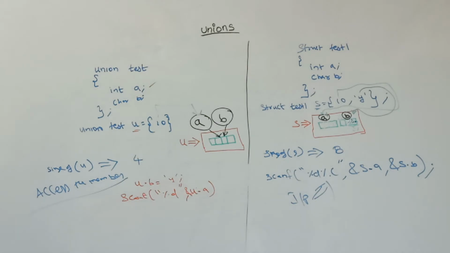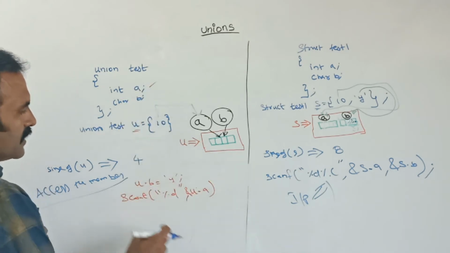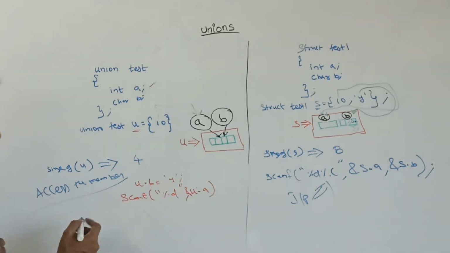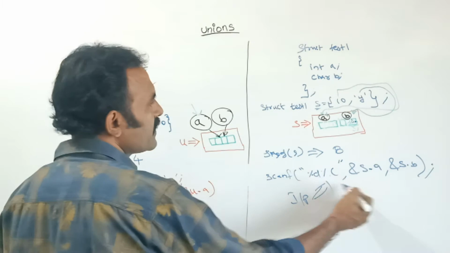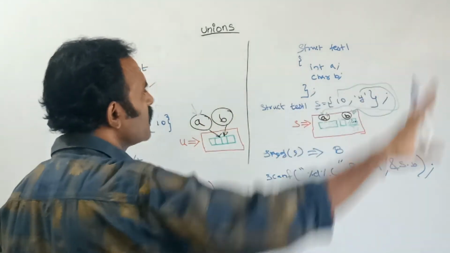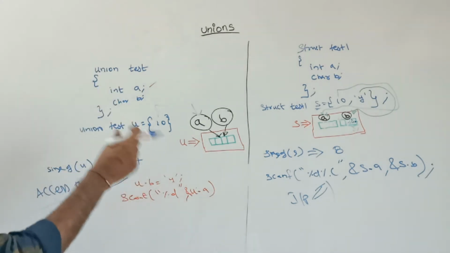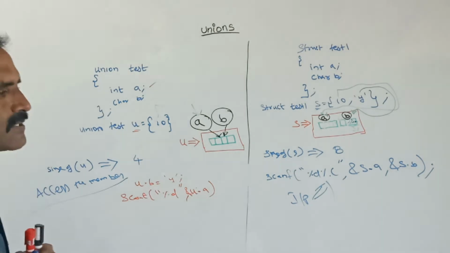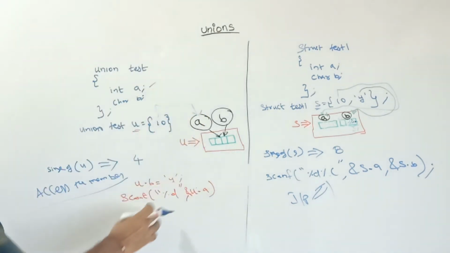before that we should give the variable name, the union variable name here for the union. After that we should give the union members, so that at a time we can get a single input only. In a structure, at a time we can give the input for more than one variable also. Here this is an optional value only. Among the list of members, we can give only one value. So here we can give like this.